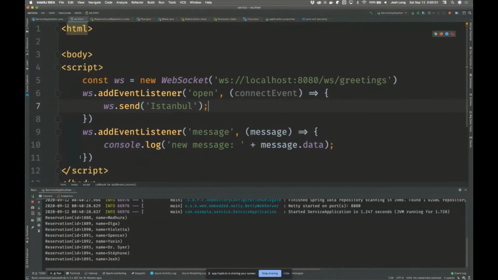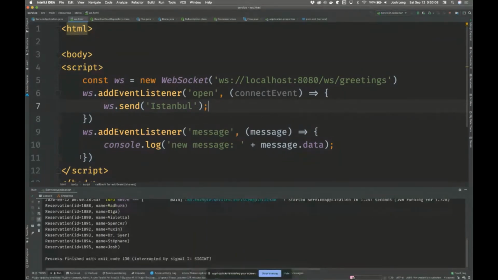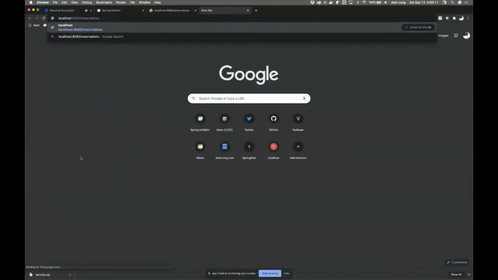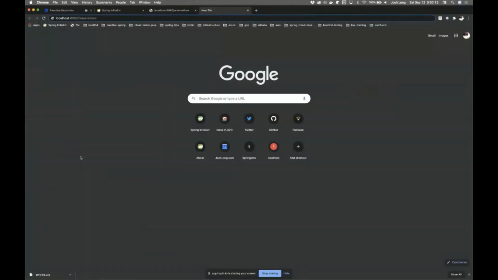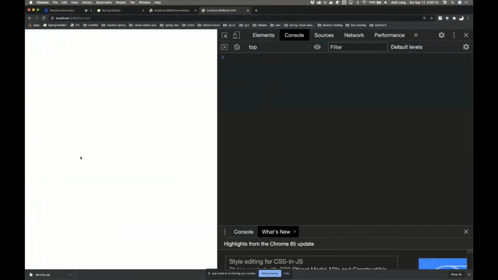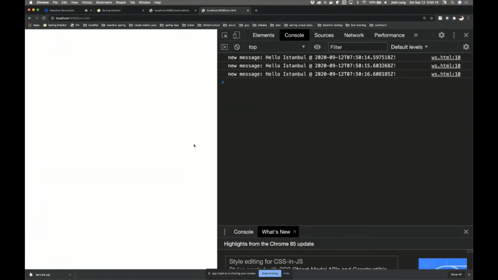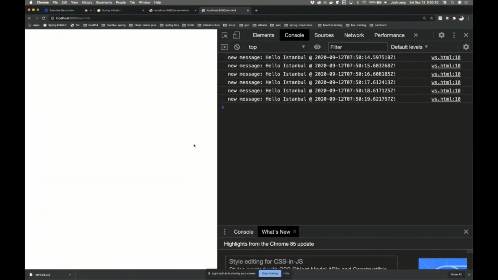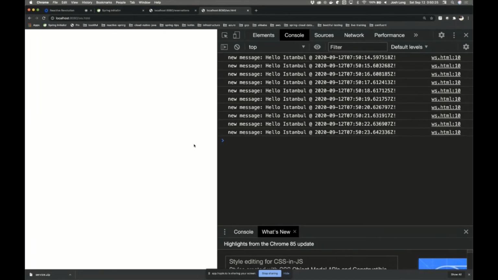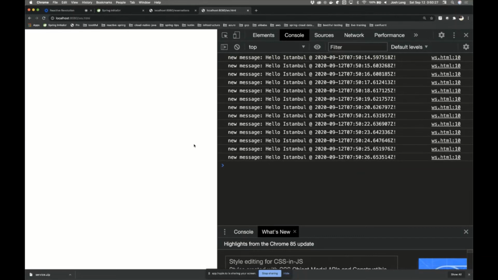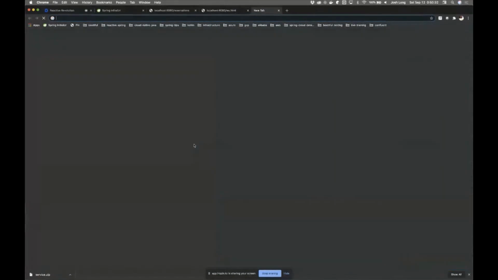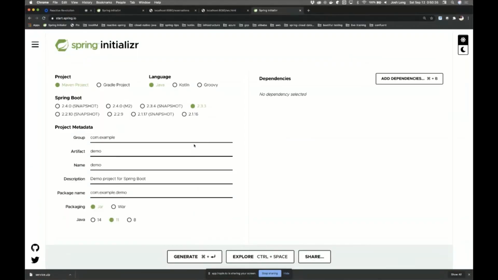Now, I'm going to run this application again, and we'll see it in action. Localhost. Is it compiled yet? Good. It's up. ws.html. Now, there's our never-ending stream, and it's going to keep going on forever and ever. That's okay, because it's not going to block the threads, right? It's going to free up the thread each time, and that allows us to have much better scalability. I can handle many, many more users with the same code base. This is one benefit of reactive programming.